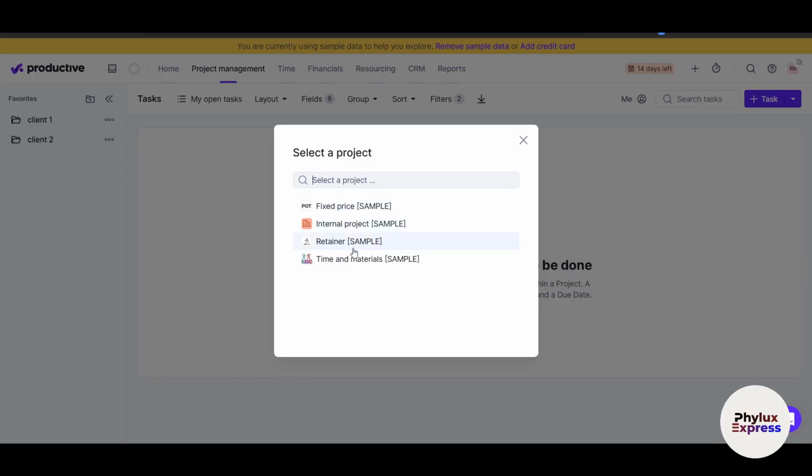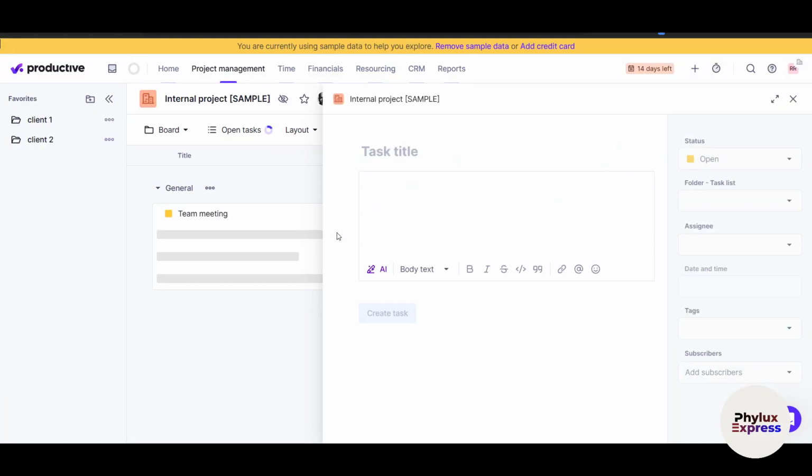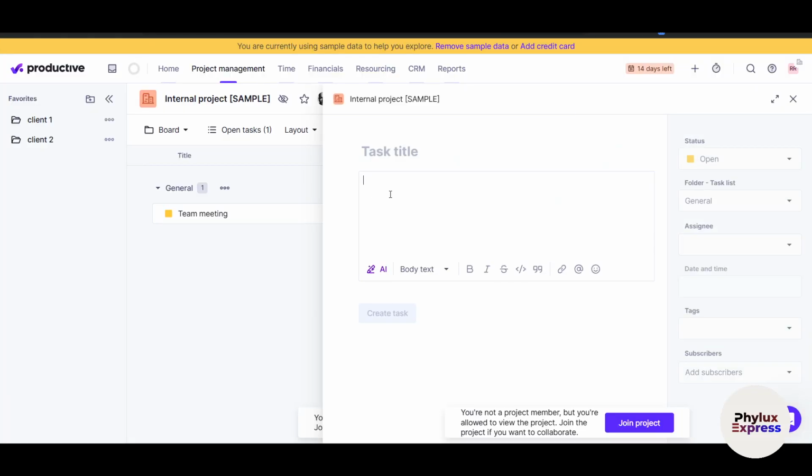Now here, select a project. You can see this is a different kind of project. Let's say this is a fixed price. By the way, you can search your project from here and click on it. Let's say I want this as an internal project, so I will click here. Now this is a task. Let's say this is task number 1. I don't have any specific task, that's why I just gave a title here. This is where you give the title